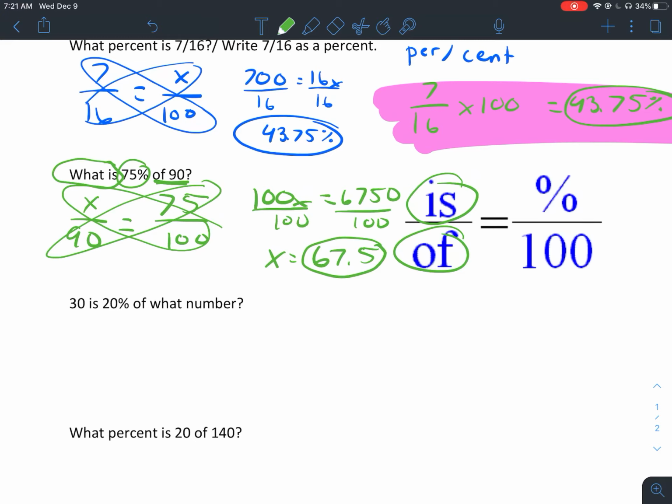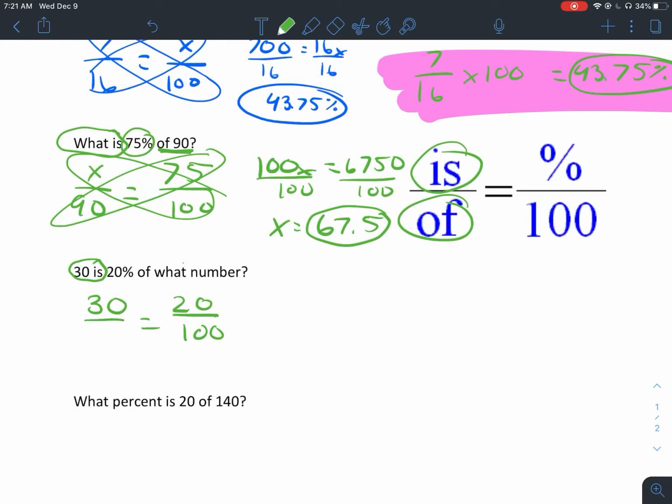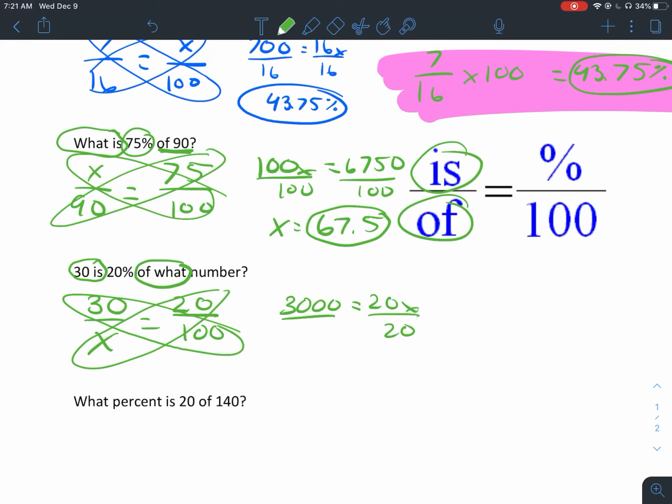All right, let's try the next one. 30 is 20% of what number? 30 is our "is," 20 is our percentage, and we're looking for the "of." So we cross multiply. We get 3,000 equals 20x. Divide by 20, and you get